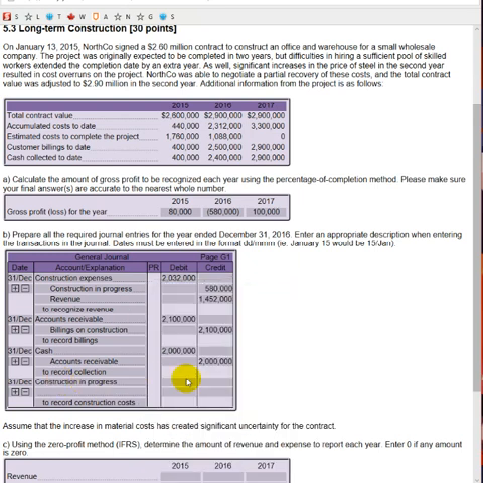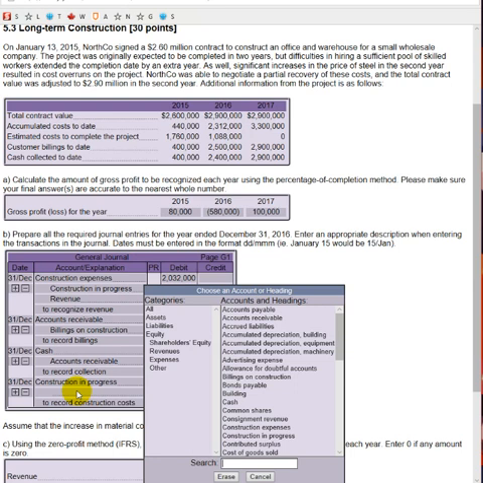This is the expense side of the inventory, and so that recognizes the 2312 minus the 440 we expended in the previous period. So we spent $1,872,000 on construction expenses this period, and so that goes to